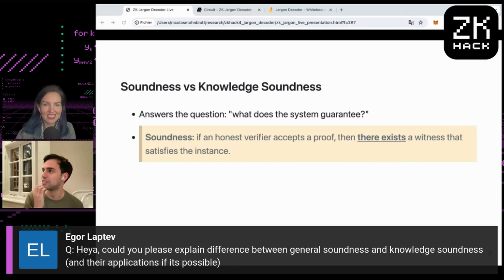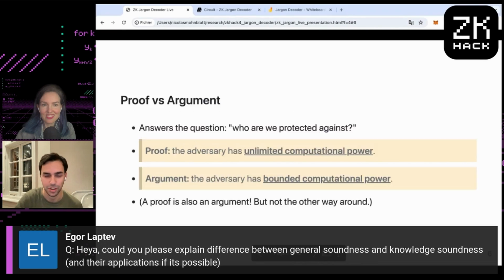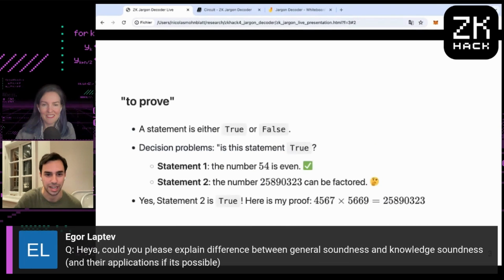This is sort of stuff I cover in the "what does it mean to prove" session. But if we go back to our, sorry, I'm jumping around a bit, but hopefully this will have a nice payoff. Our statement 2 earlier that we wanted to prove, we say the number something can be factored. This something, we could actually plug it in and put something in, right? I could say the number 5 can be factored, or the number 9 can be factored. Some of these will be false, some of these will be true. So this thing that I plug in is what we call the instance.